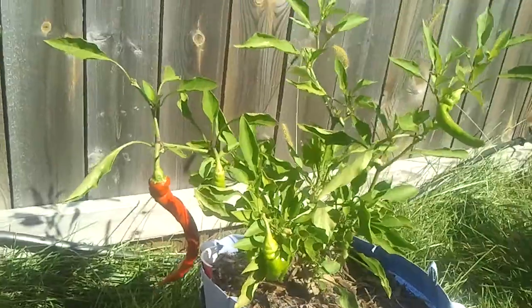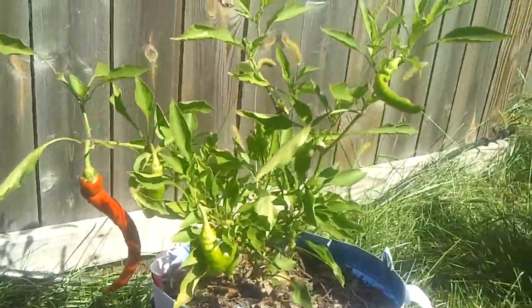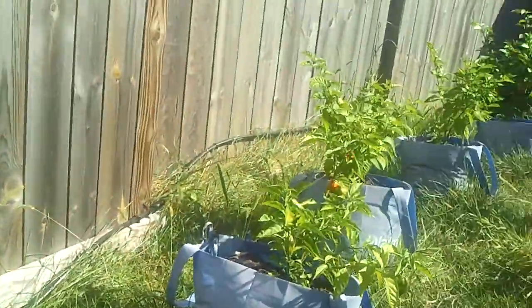See, Jimmy Nardello. See, I've still got some ripening on there. I got more starting to grow. Yellow